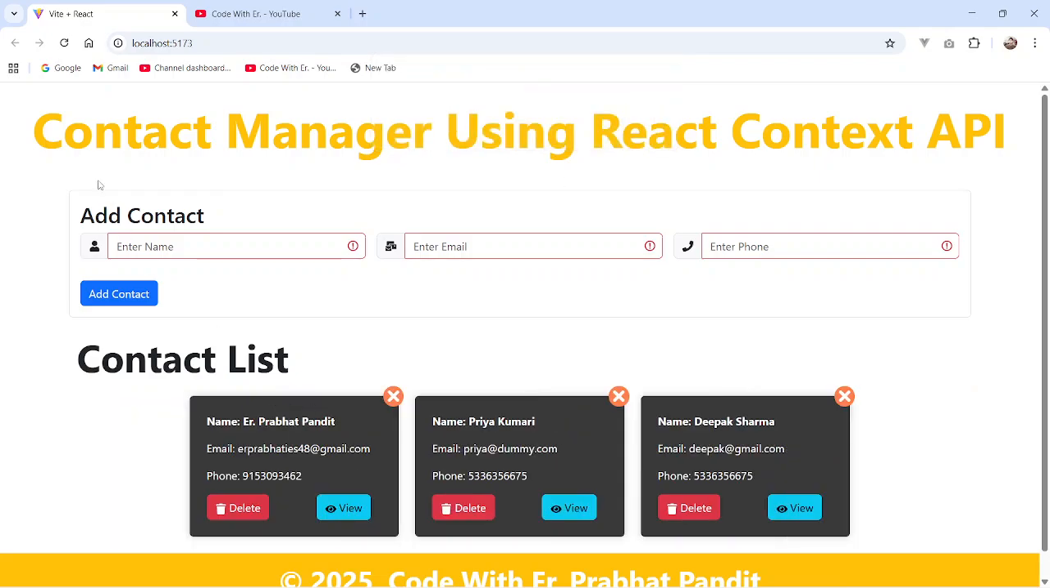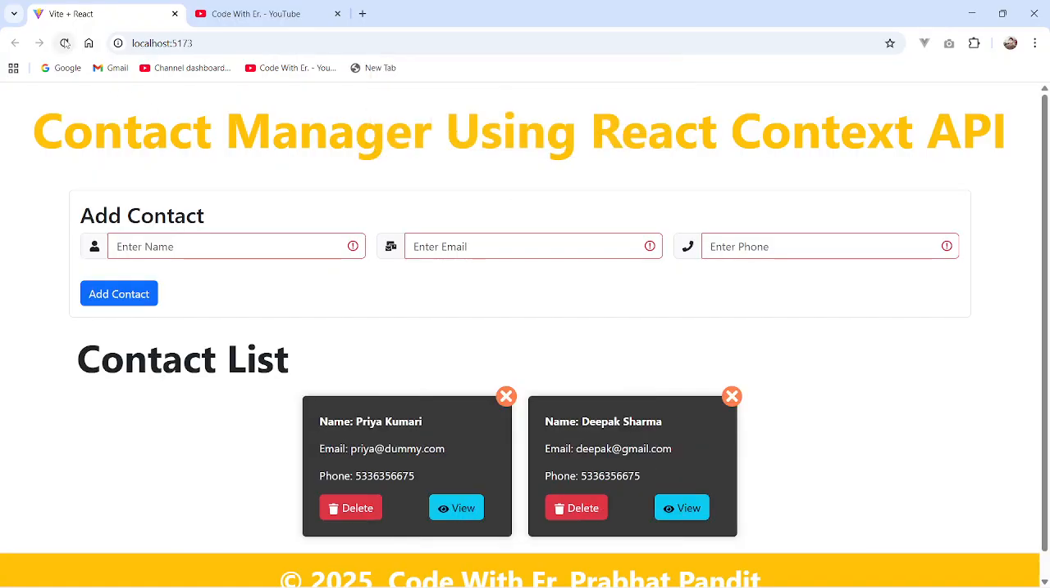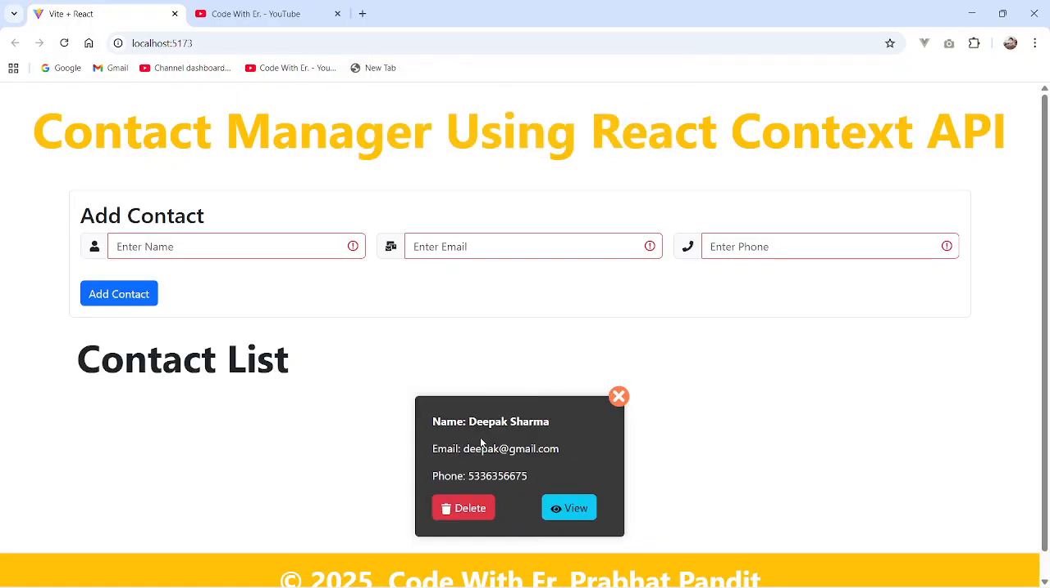Okay, so now the record is gone. Refresh the page. Okay, and now I'm going to remove this record, Prabhat Pandit record, delete, click OK. So now the contact is deleted successfully, click OK, refresh the page. Okay, and now again I'm going to delete this Priya Kumari record, so delete. Are you sure you want to delete this contact? Click OK. So contact deleted successfully, click OK, and refresh the page first, and here is the last record,